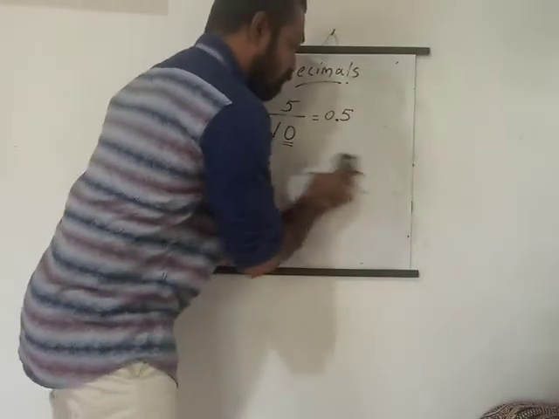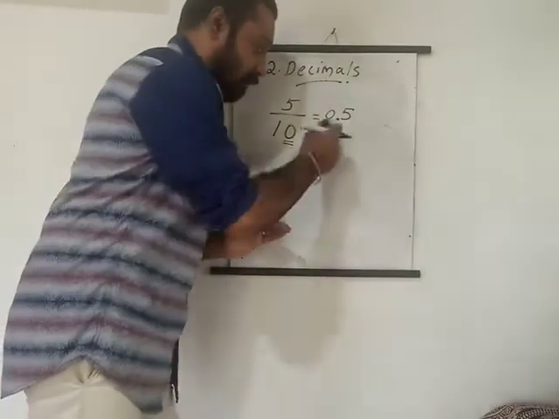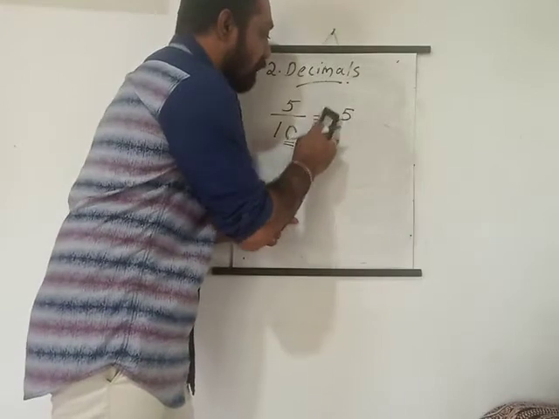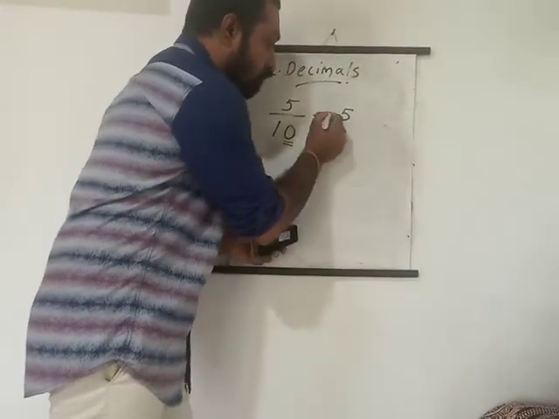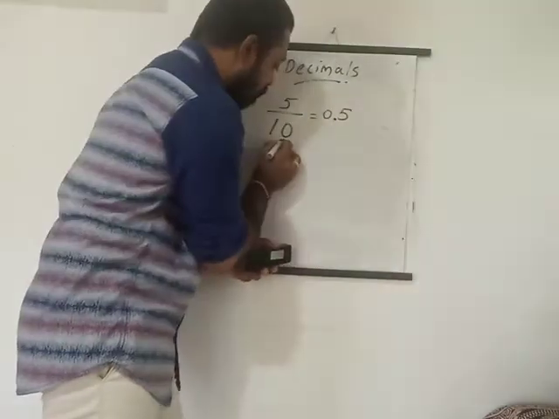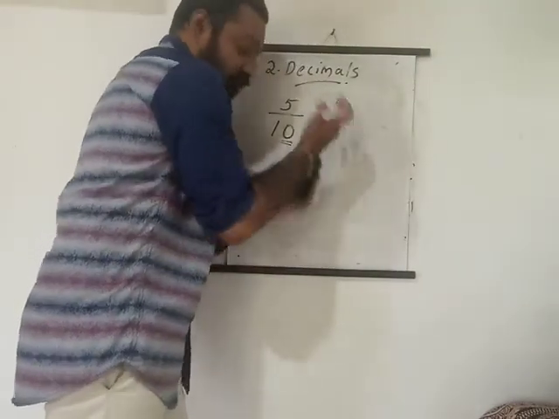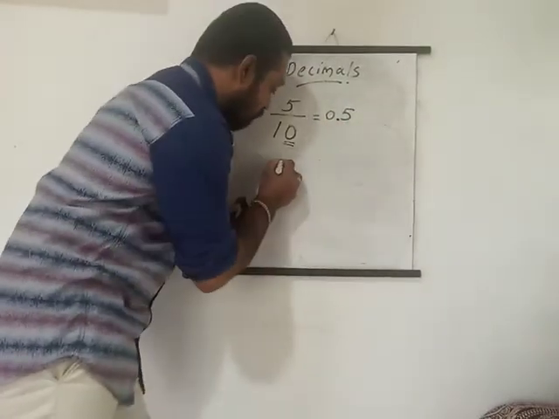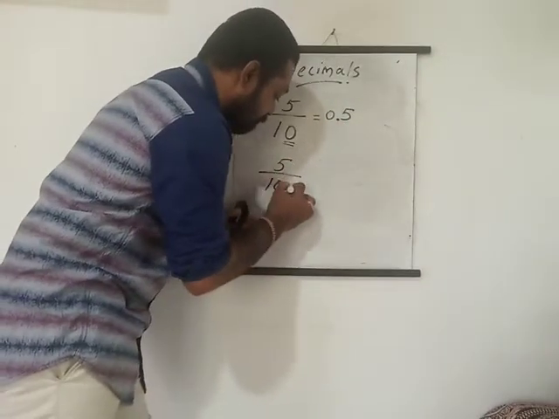Okay. Then next one, when I explain that, I will tell you what the difference there is. So here we are reading this one as what? 0.5. Okay, that means here one zero is there, so from the right of the number you have to put a point moving left by one place. Okay, just take another example. 5 by 100.